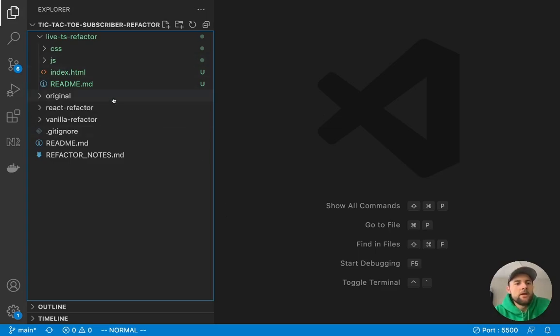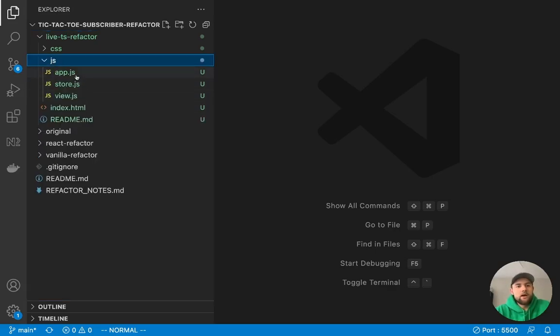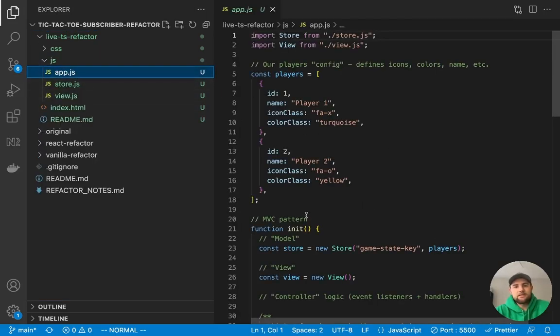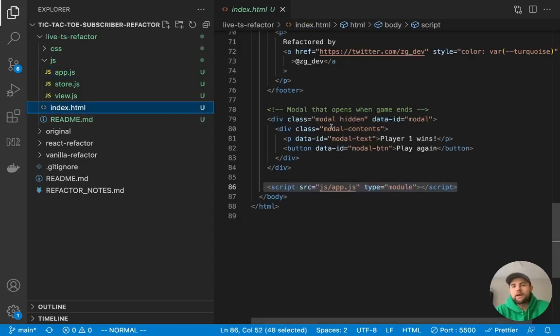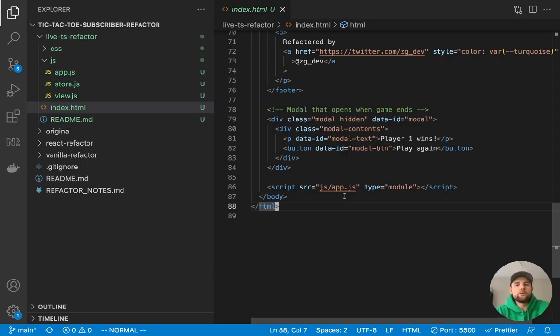of a TypeScript app. So the first thing that we need to understand is that when we're writing TypeScript, we will now need developer dependencies. Talking about a package.json, if you notice in our original build, we don't have a package.json or node modules or anything like that because we don't need them. We can just write vanilla JavaScript ES6 syntax and run that directly in the browser. So there's no developer dependencies, there's no build steps, transpiling, any of that stuff.